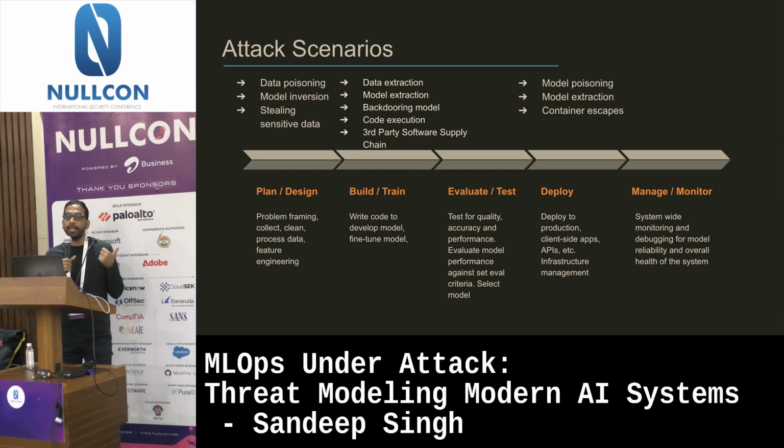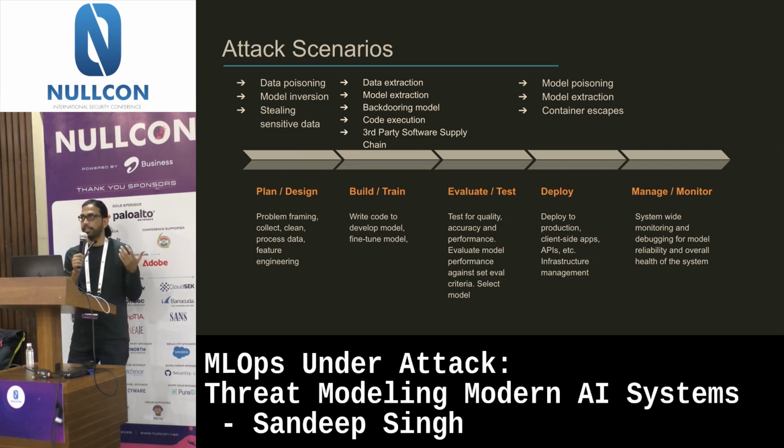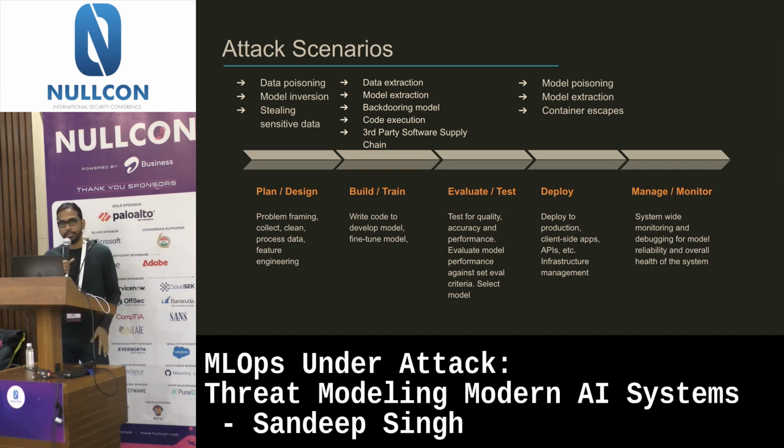The plan and design phase is where you're working with data and the initial model for feature engineering, etc. And you're dealing with raw data there. That's why these three attack scenarios are possible. Now you're dealing with personas, ML personas. Remember I told you about data scientists, etc. So who will be your target? Your victims would be these targets, compromising their credentials, and then going layer by layer. What does the access control look like and things like that.